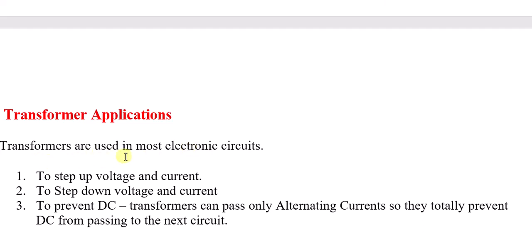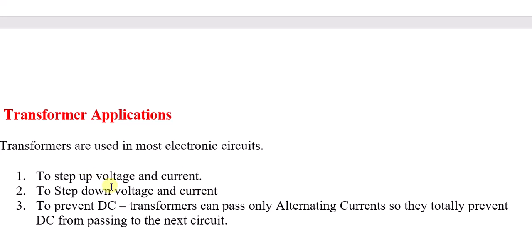Yes, so transformers are used in electronic circuits to step up voltage and current. As I already told you in the definition, the levels can either be raised or decreased. It can be either increased or decreased. So even the corresponding current will also increase or decrease, as I told you. So this is the first application of transformer. Wherever we need such a thing, we can use a transformer without doubt. So, step up and step down: step up means to increase, step down means decrease.